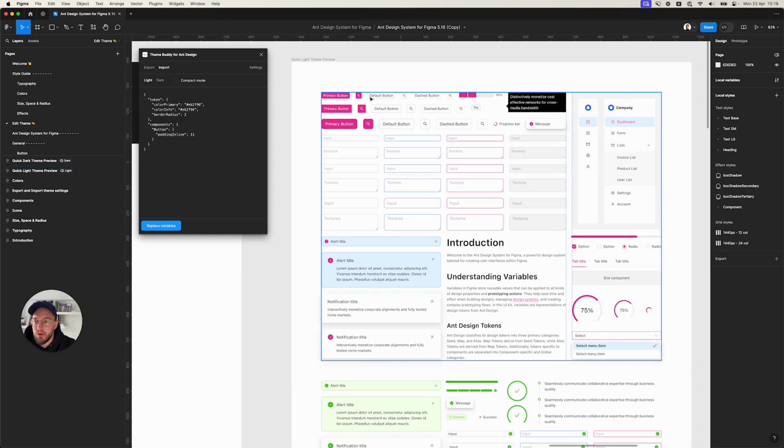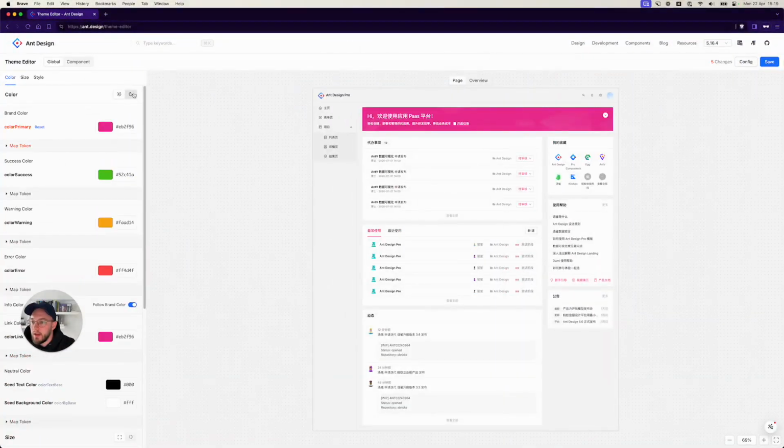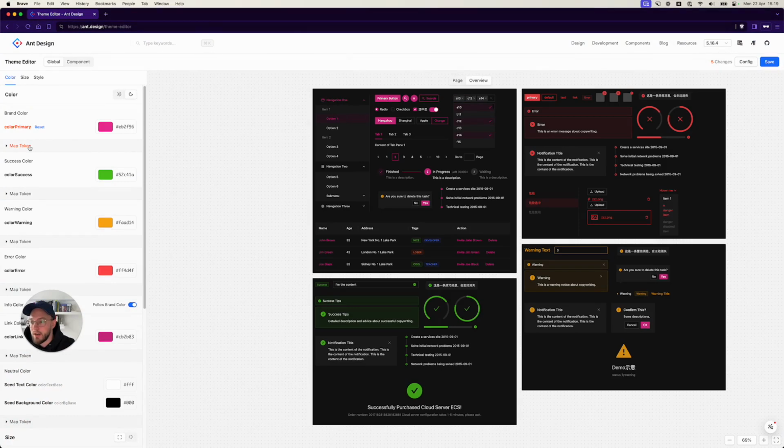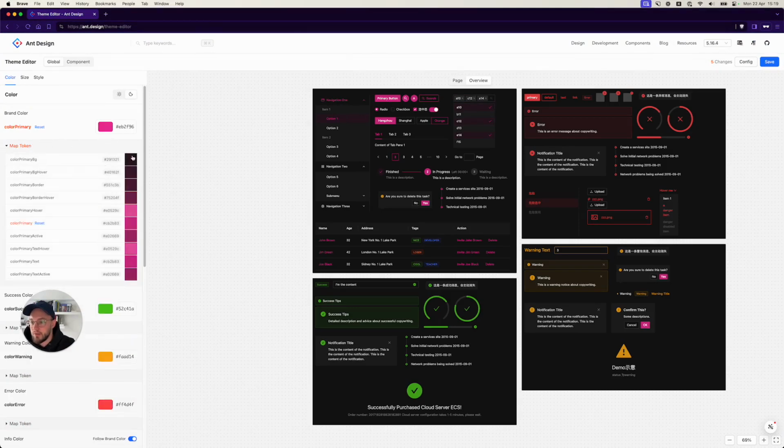We can also go and grab color primary BG, color primary border, and all these changes will be applied over here. And the same works for the dark theme. You can go to the dark theme, change the colors to the dark, and grab the colors from the dark theme. For example, let's go with this color,